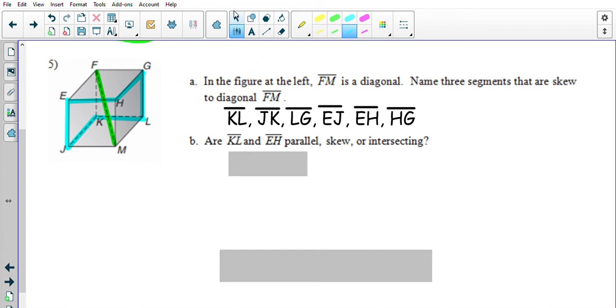And then it says, are KL and EH parallel, skew, or intersecting? So let me erase this here. Let me highlight these segments in yellow. So KL is going to be this one. EH is going to be this one here. Now, they don't appear like they're ever going to intersect, so they're not intersecting, that's for sure. But we want to figure out, are